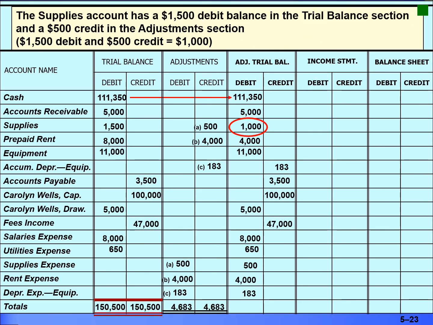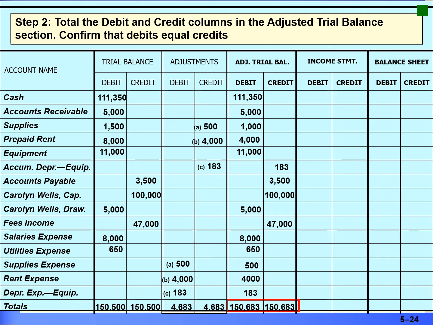And this slide is showing you how these numbers did get transferred over. Notice there are only 3 accounts that are changing in terms of what you originally had. We had 3 adjusting entries. But down here you had to add 3 of them because we didn't previously have the supplies expense, the rent expense, or the depreciation expense. But now you do. And this is called, up at the top, your adjusted trial balance. And as you can see, you are balanced once you add the debits and add the credits. So you've got $150,683. So at this point, record your adjusting entries in a journal, but you now know all the information